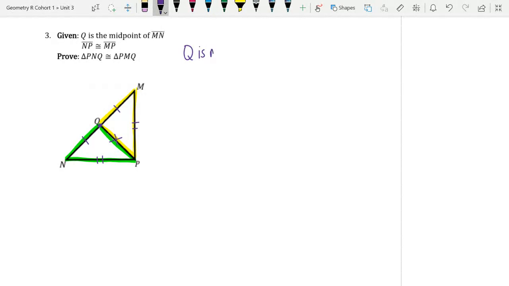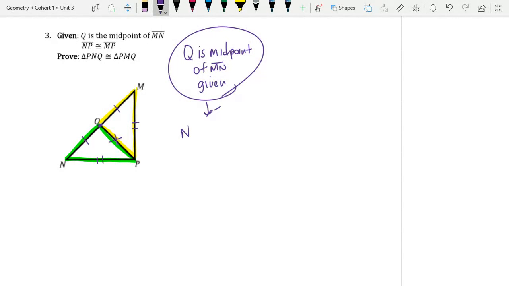Q is the midpoint of MN. Given, that's how we knew it was true. From that given, what did we infer? What did we see? We saw that NQ was congruent to MQ. The order of the letters doesn't matter here,